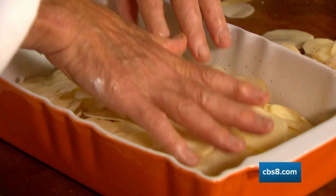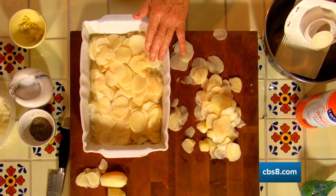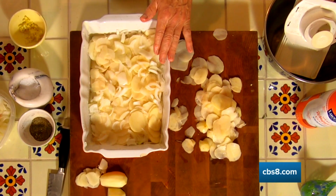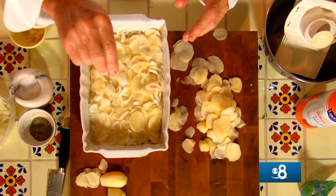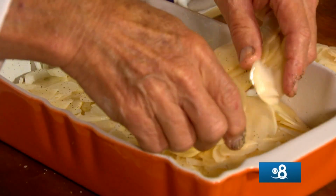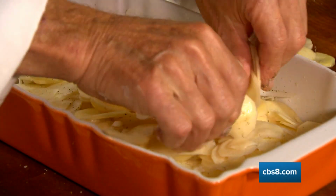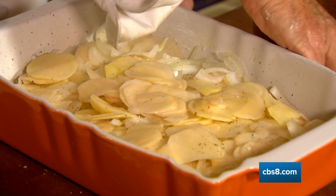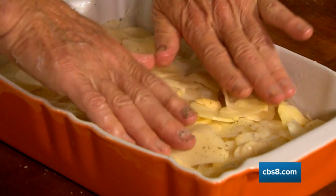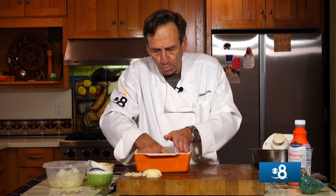All right, and save just enough potatoes for the last layer. Okay, in goes our onions again. A little bit of salt. Again, just a little, not very much, and a little bit of pepper, all right? So now we're going to take our potatoes, and this will be the final layer. We're going to make sure we cover everything with potatoes, completely covered, spreading that out nicely. Now, you could, if you wanted to at this point, put some Parmesan cheese on this, but I just